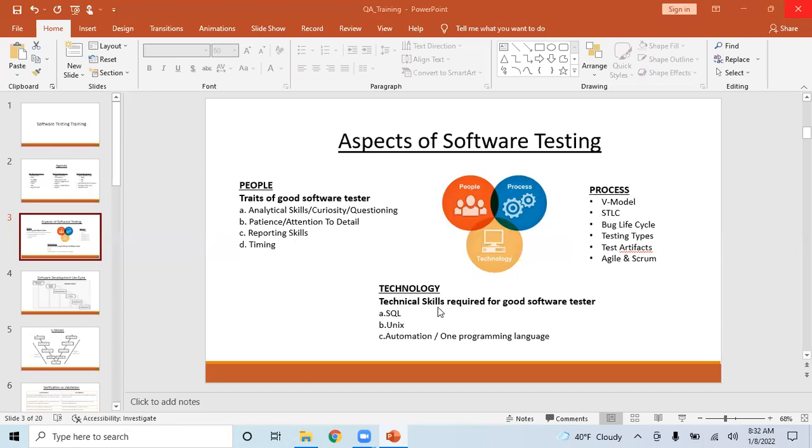And for the next three weekends, we will cover mostly the technology side. So this weekend, today and tomorrow, we will fully focus on process. When we talk, we'll talk about ISTQB. All these are ISTQB topics as well. So if you're very well aware of this process, you can also attempt the ISTQB certification. It's not mandatory, but it is good to have.